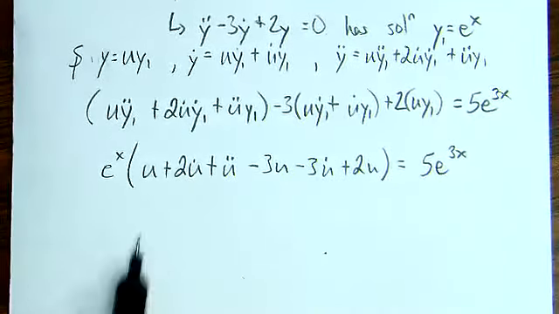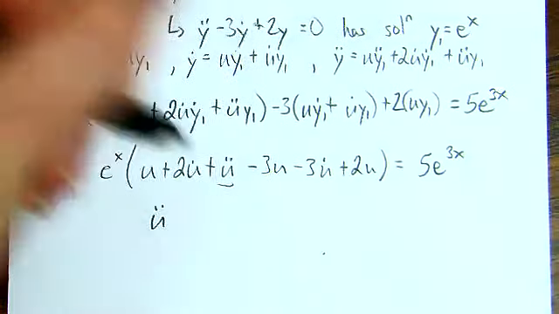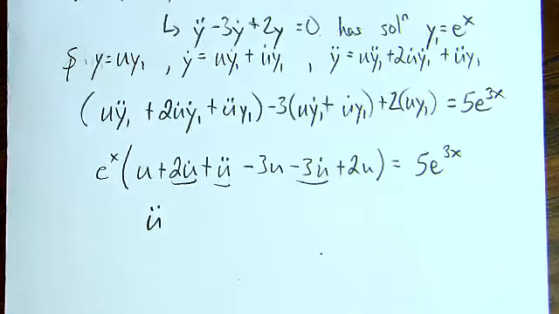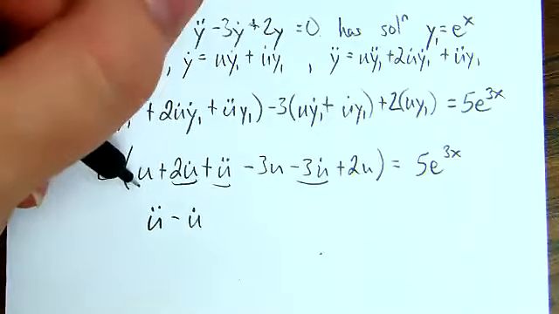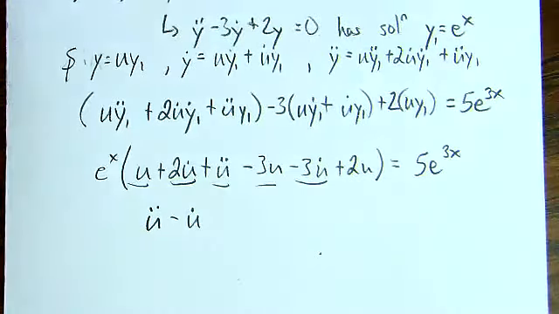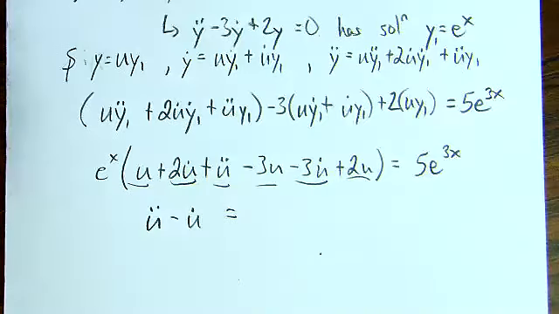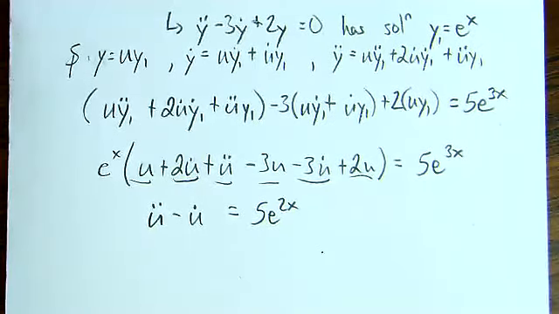Dividing both sides by e to the x and combining like terms here. Let's see, I've got a u double dot. I only have one of those. Now looking at the u dots, I have 2u dot minus 3u dot, which is negative u dot. And I have a u minus 3u, which is negative 2u, plus 2u. That goes away. And dividing both sides by e to the x gives me 5e to the 2x. You'll notice we now have a second order differential equation, which is inhomogeneous,